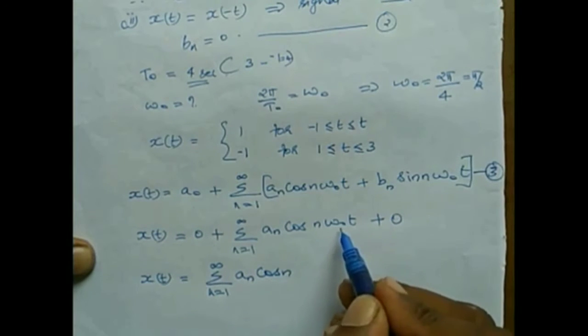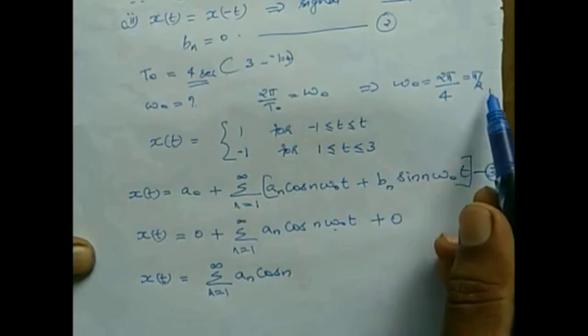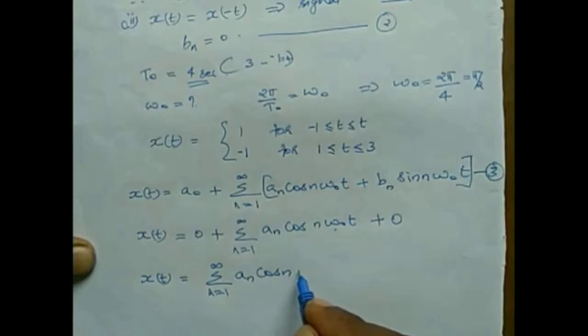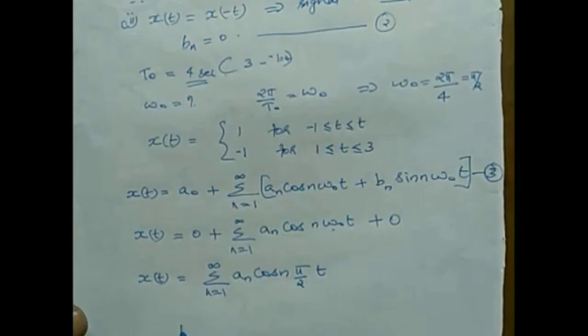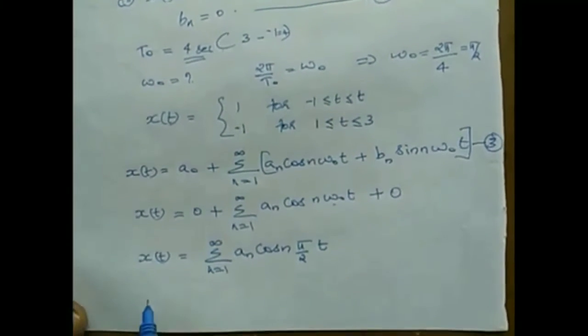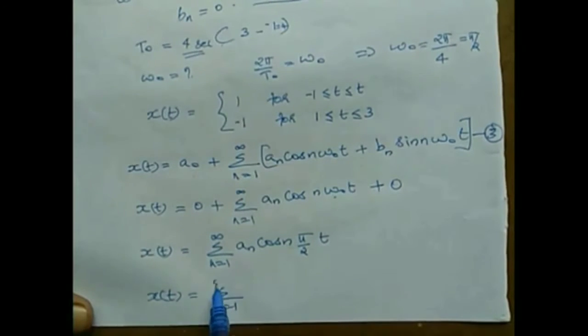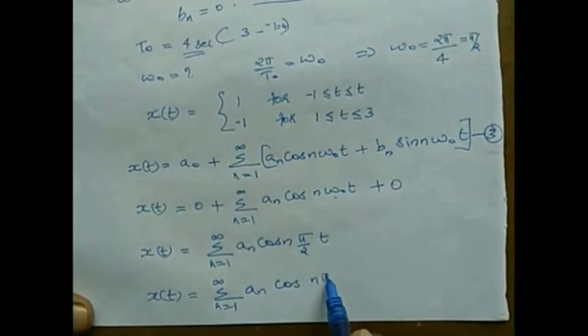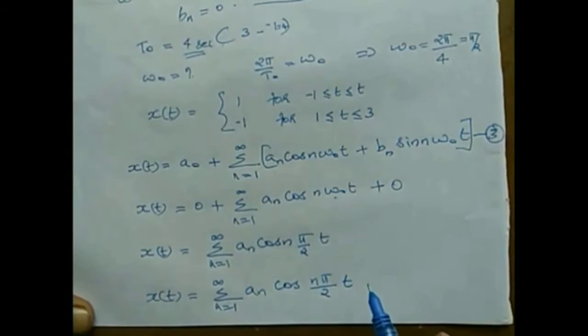What about omega 0? Omega 0 is equal to pi by 2. So x of t is equal to sigma n equal to 1 to infinity an cos n pi by 2 into t,